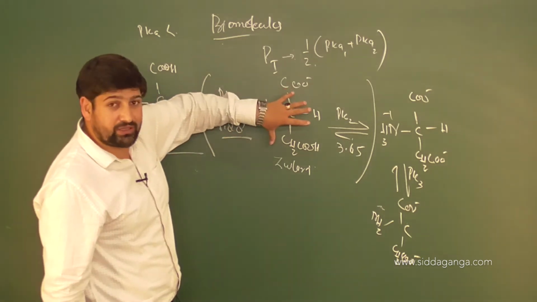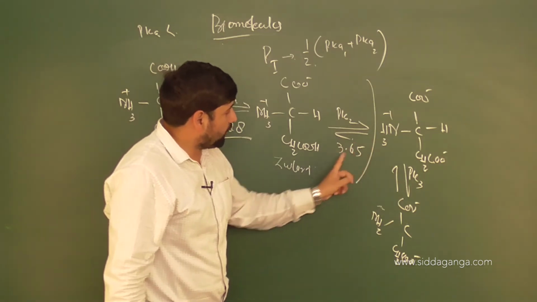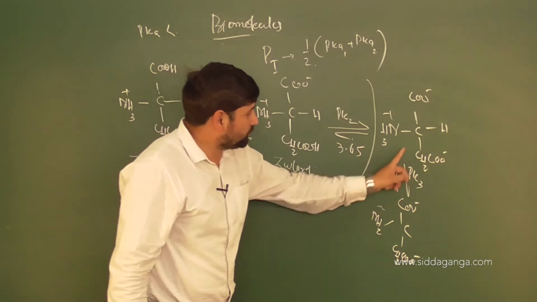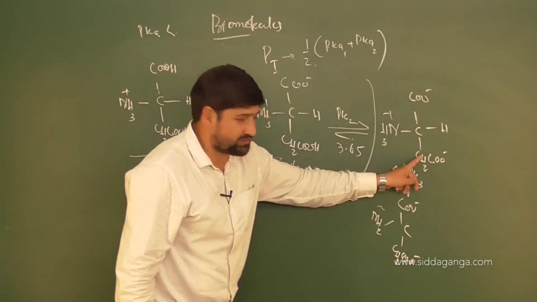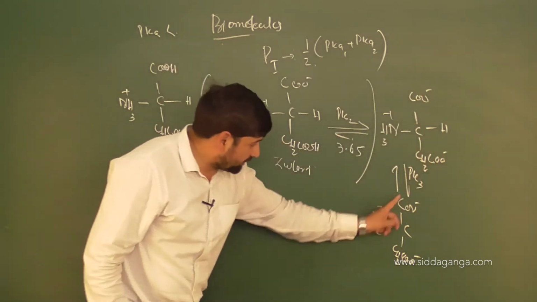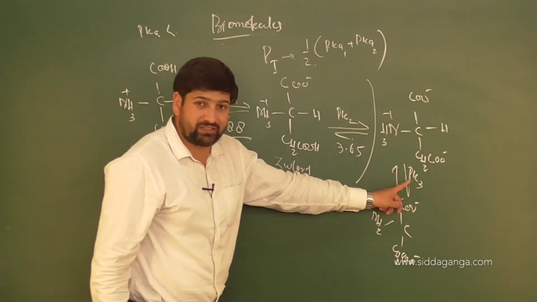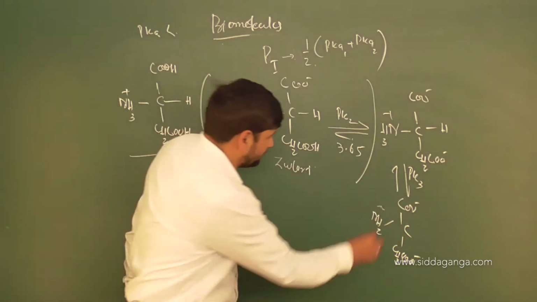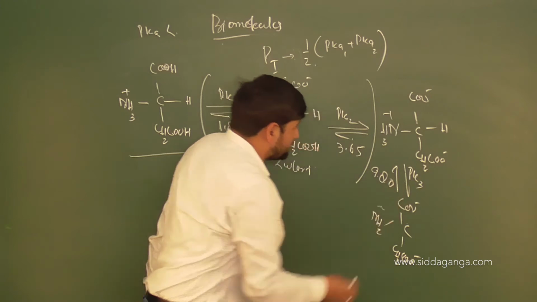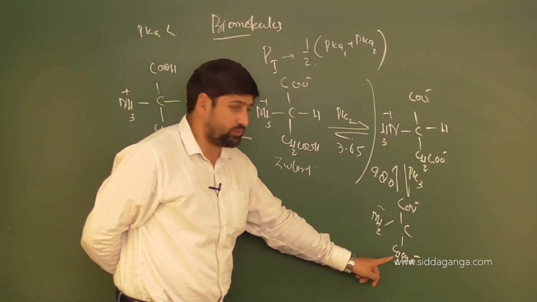You have got maximum concentration of Zwitterion. If you look at this concentration on par with 3.65, you will have pK3. So this is not a Zwitterion, net charge is negative, it will move towards the anode. Here also net charge is negative, it will move towards the anode. That's quite understood here, because pK3 value is how much given to you? pK3 value is 9.80. So naturally NH3 will show the reaction. It will break off and it will give you NH2. So there are 2 negative charges.